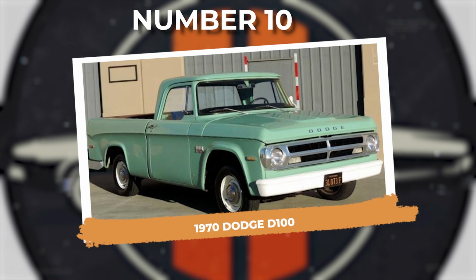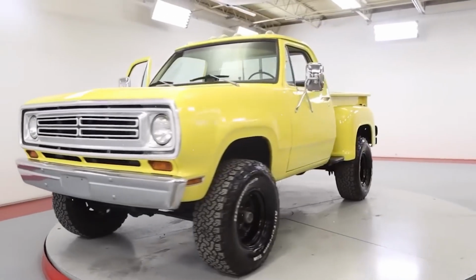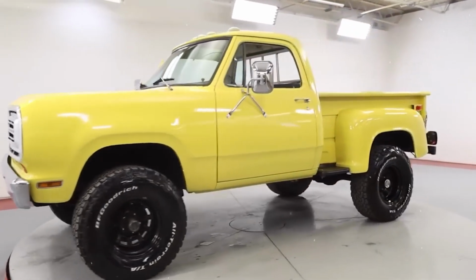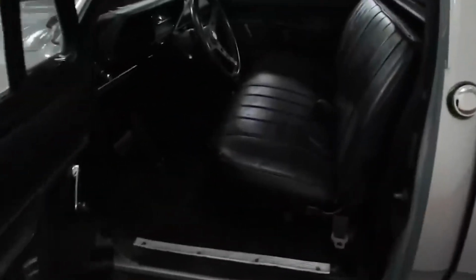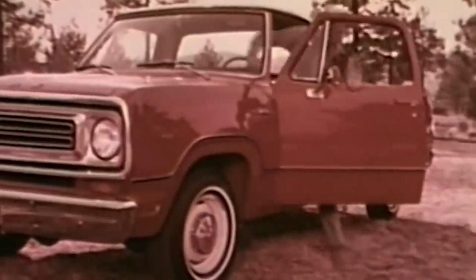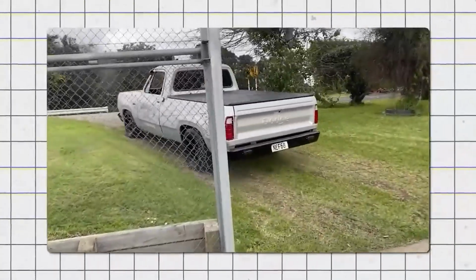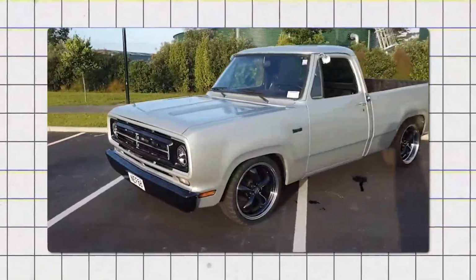Number 10. 1970 Dodge D100. The 1970 Dodge D100 was part of the Dodge D series, which was made from 1960 to 1993. The 70 model stood out because of its strong design and useful features. The D100 came in different styles, such as the swept line and Utiline bed types, to meet various needs and